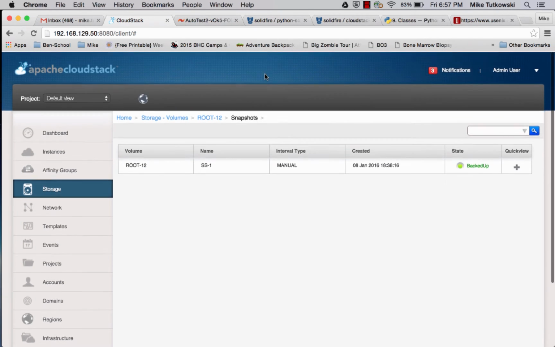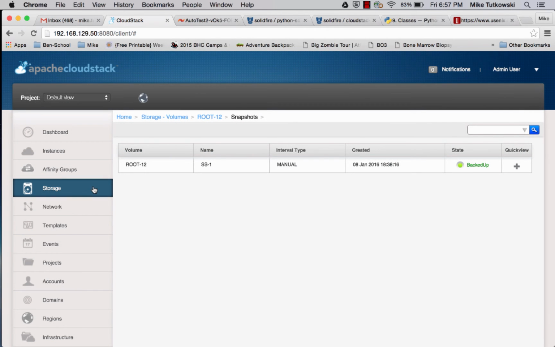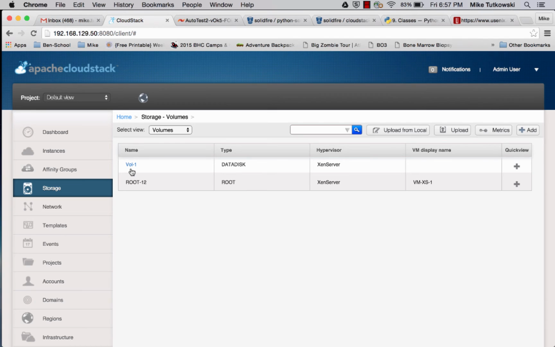And well, first of all, let's see here. In notifications, we can see that create volume was successful. So let's close this, and I'm going to click on the storage tab, and we can see here vol-1 has been created, and it is not attached to any VM. So what that means to me is that on the SolidFire system, we should not see the corresponding SolidFire volume in a volume access group. It was briefly in a volume access group while we granted the XenServer hosts in that cluster both access to the volume while one of them performed the re-sign operation. So let's go over to the SolidFire system